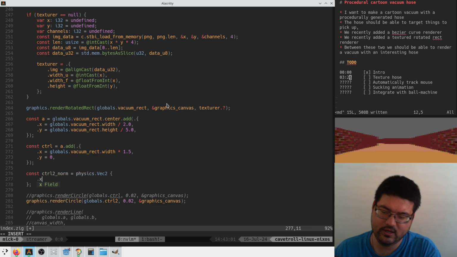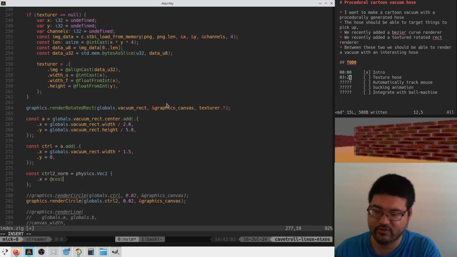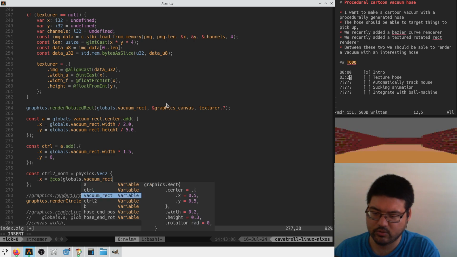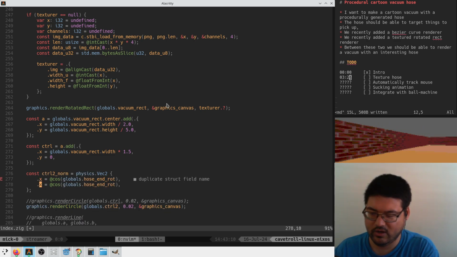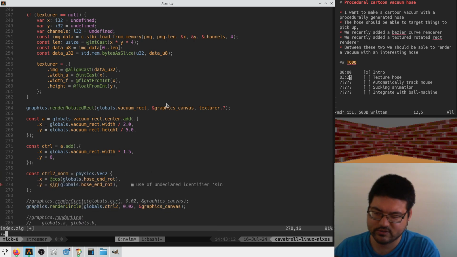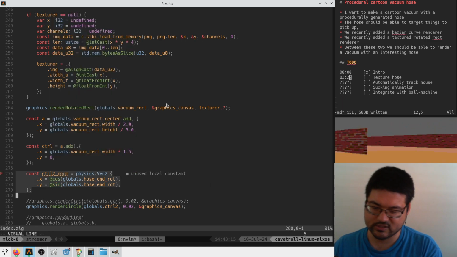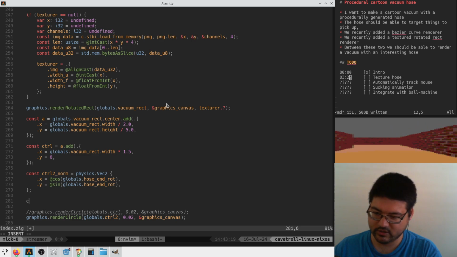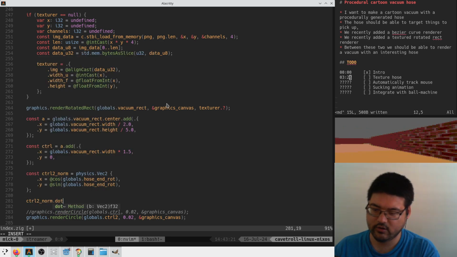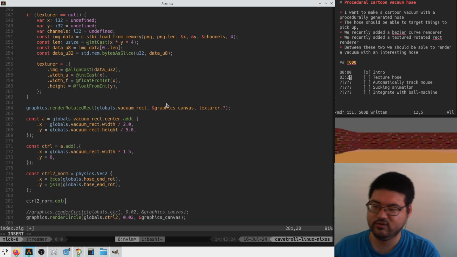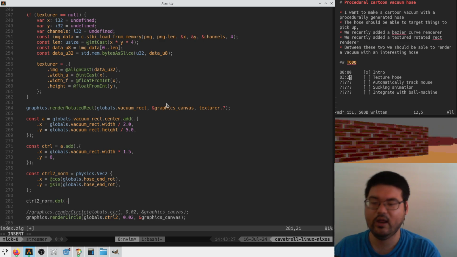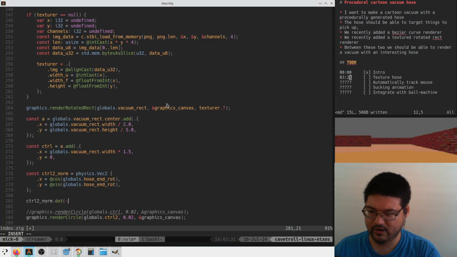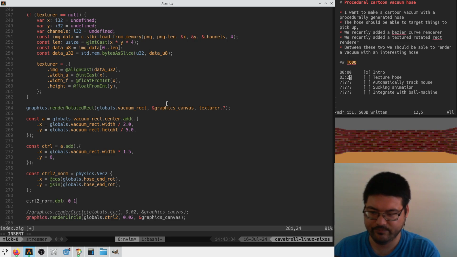His x is going to be the cosine of the rotation of the hose, and the y value is going to be the sine value. The length of this is always going to be 1.0. And then we can do something like control 2 norm dot negative some distance, right? How far back do we want this to be? We didn't really clarify. We didn't actually end up with an answer there, but let's just say like 0.1 for